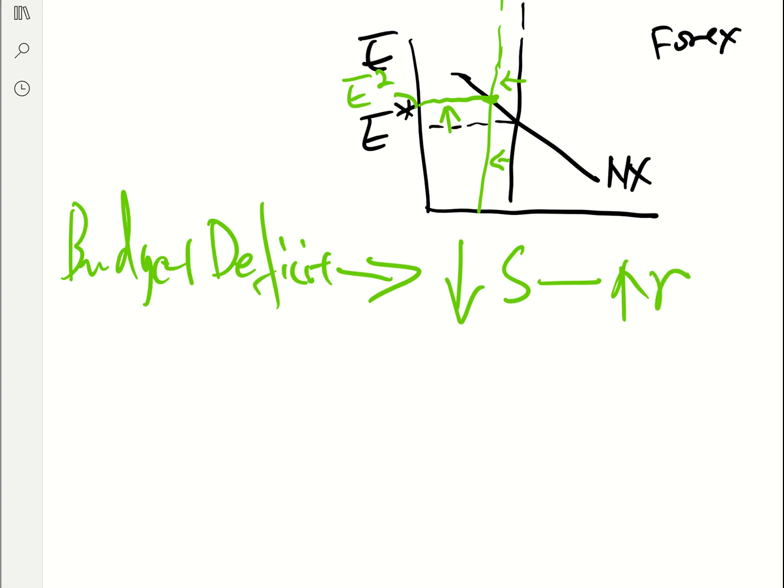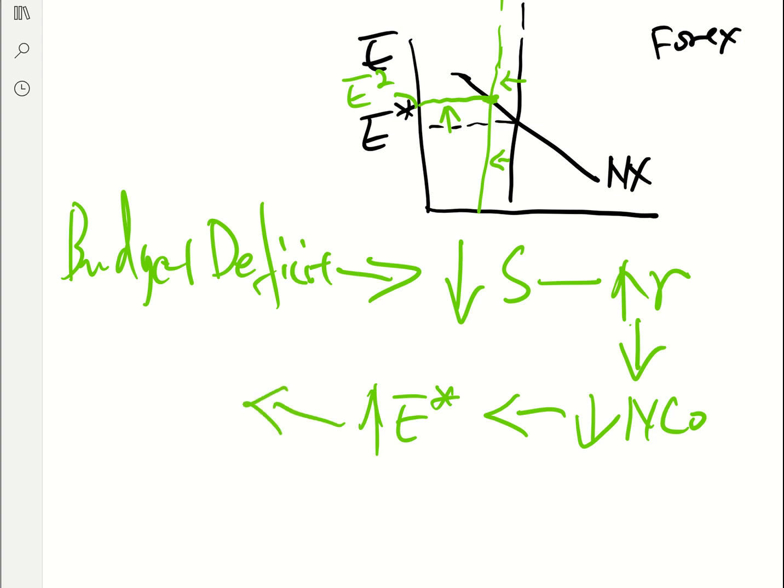And then the increase in the real interest rate will lead to a decrease of our net capital outflow. And then in turn, this will lead to an increase in our exchange rate, and which means that